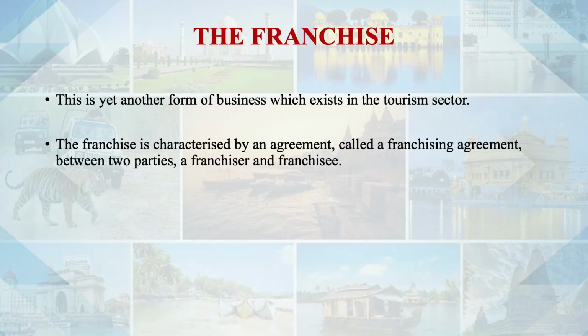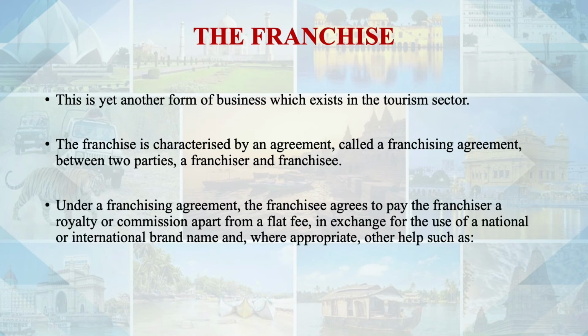So what will happen? Jai will have his hotels in different parts of India and maybe abroad. So Jai will help him in starting the hotel. So that's where there will be a contract, there will be an agreement between Jai Hotel, which is the franchisor, and a franchisee, the person who is taking the franchise. Okay? Now, obviously, as I was saying, the franchisee has to pay the franchisor. That means, let's say Jai Hotel Jammu is a franchisee, has to pay money to Jai, which is Jai Hotels Delhi,